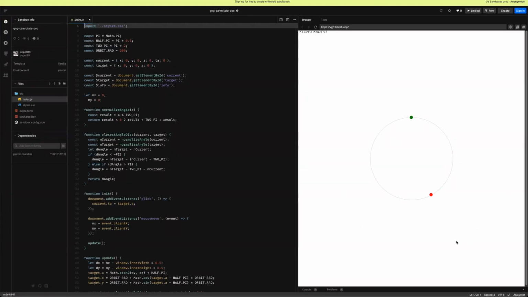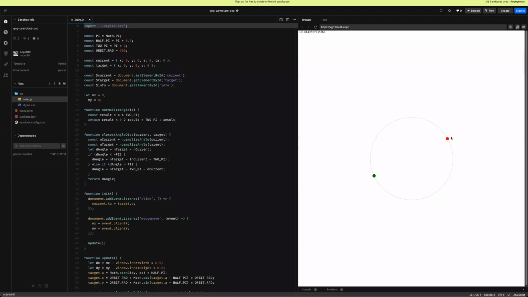On the right, you have this circle that pretty much simulates where the camera is supposed to be rotating all the time. And then the green dot there is the current position of the camera itself. And the red one is following my mouse cursor. And when I click it, it's supposed to be the target movement where the camera should be. So if I click this and the camera would move there, sort of interpolated in a smooth manner. But then what if it's like 180 degrees?